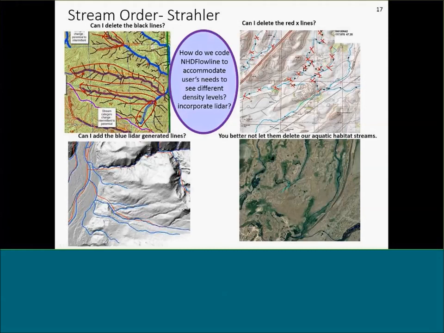They sent me areas we call the checkerboard regions, where ownership goes in and out of federal ownership. They generally have fewer streams on their maps, and they said, can we delete all of these little black lines? Those aren't really streams.